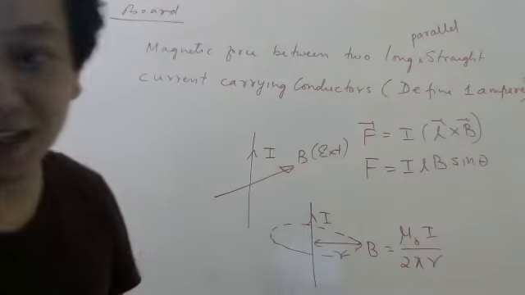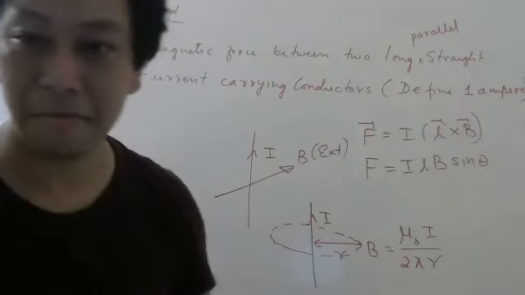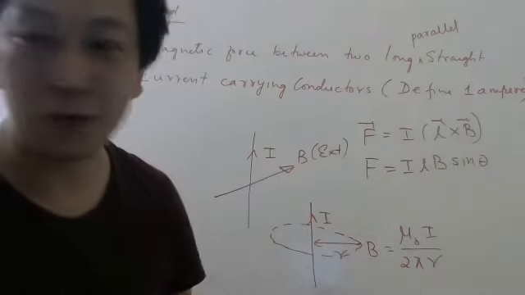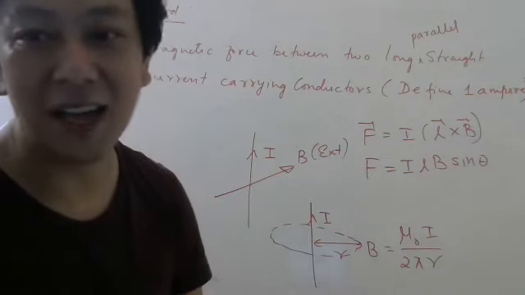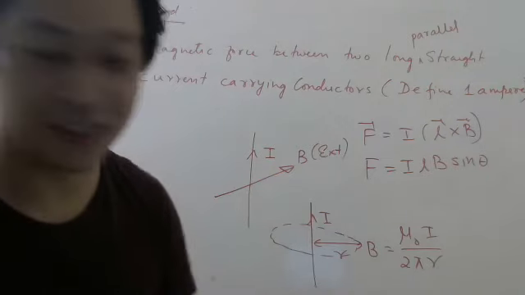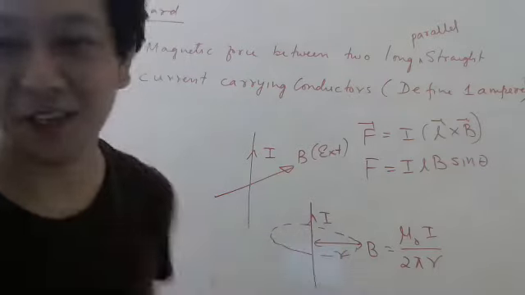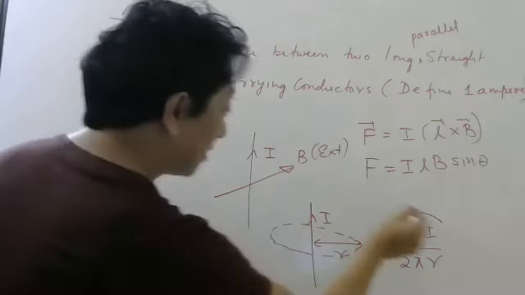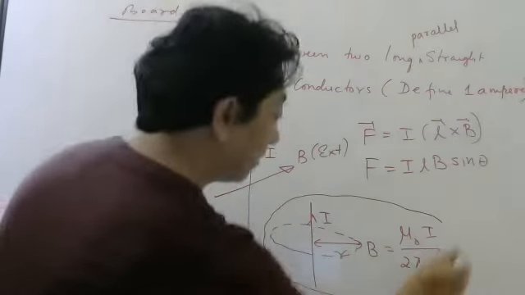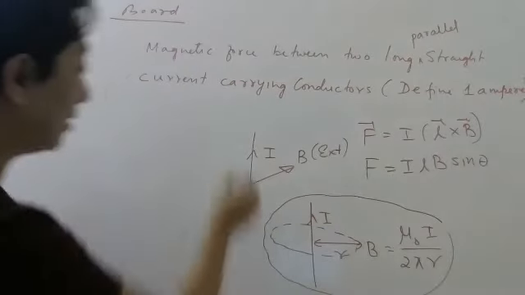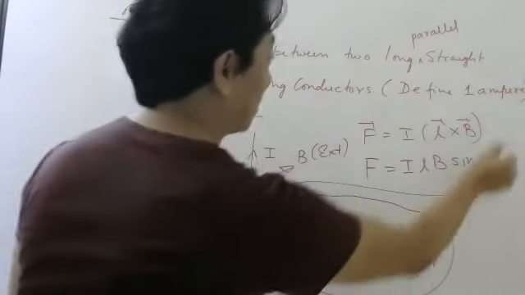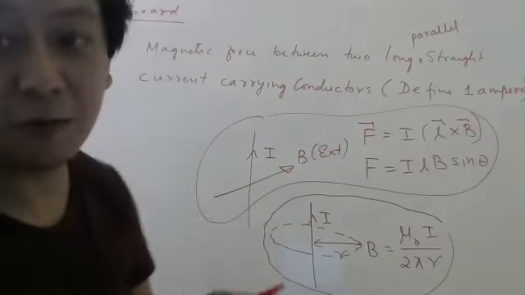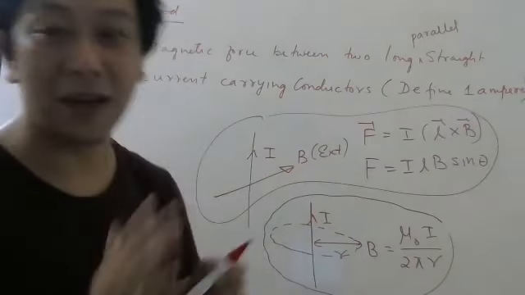Remember, right? We made a circular loop like this. Then we did the integration. Then we found this. The left side will be B into 2 pi r, the right side will be mu naught I. Bring 2 pi r downstairs, and you will get this formula instantly. So this was to find the magnetic field due to current. This is to find the force on a current carrying wire when you apply an external magnetic field.